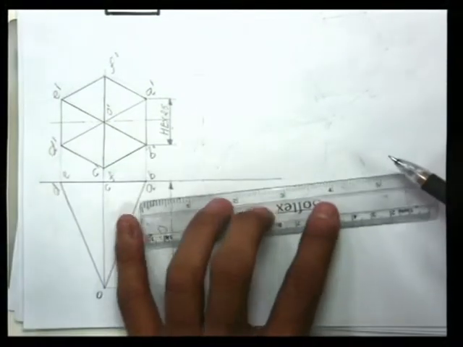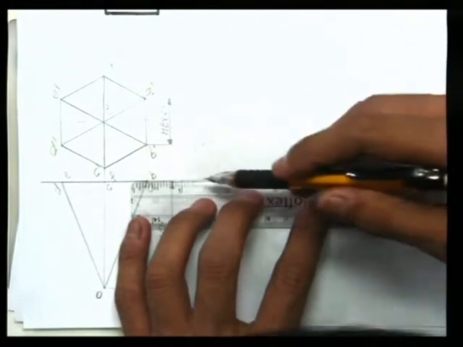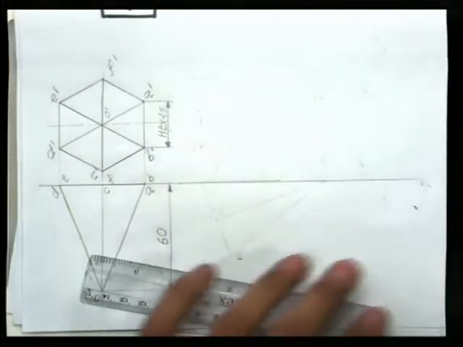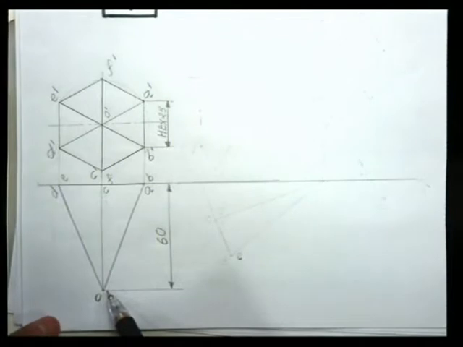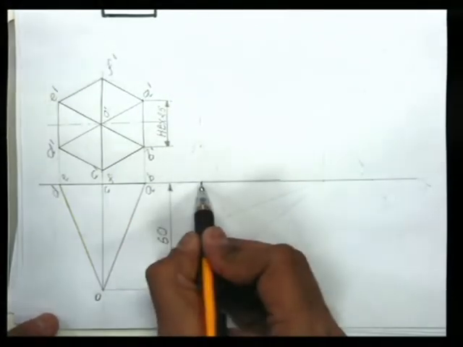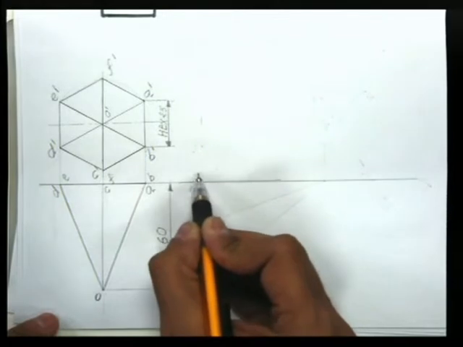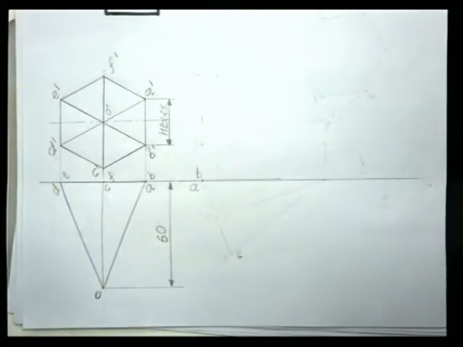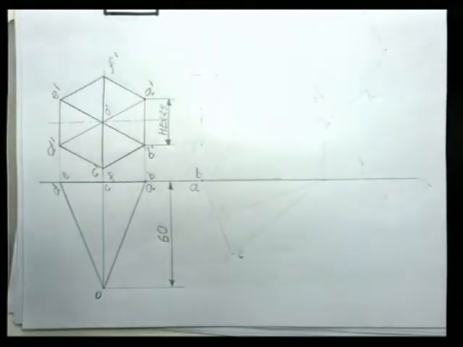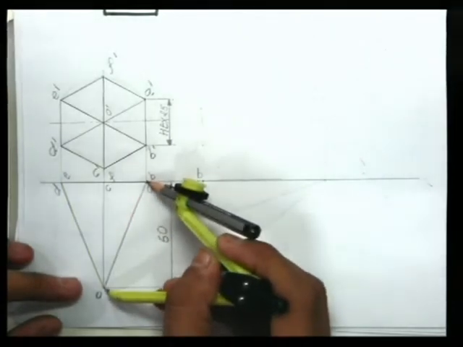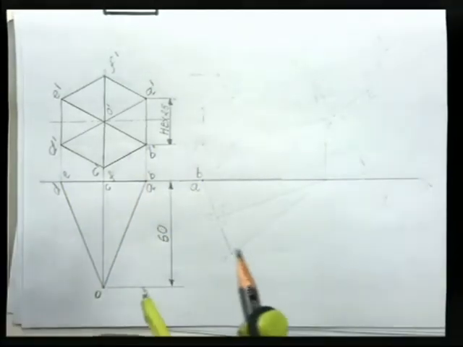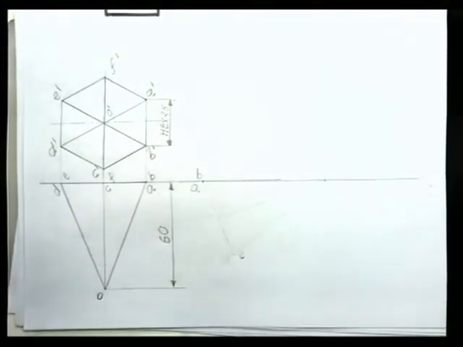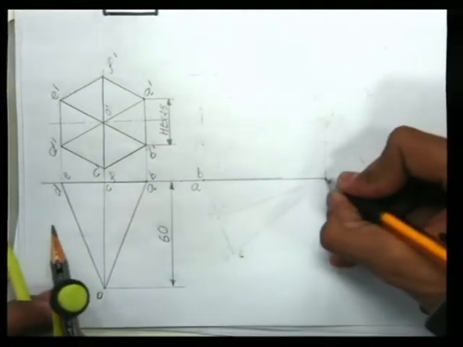So we have to redraw its front view in such a way that in its top view, OA becomes on the XY line. So somewhere here put a point A anywhere to the right side, that is point A and B. Then measure the distance of point A: measure this distance A to the XY line and put it over here. Cut an arc on this side somewhere here. So here would be the apex point O.